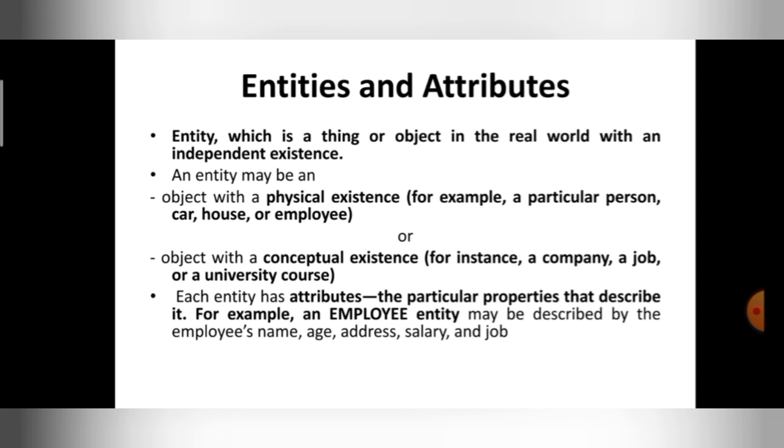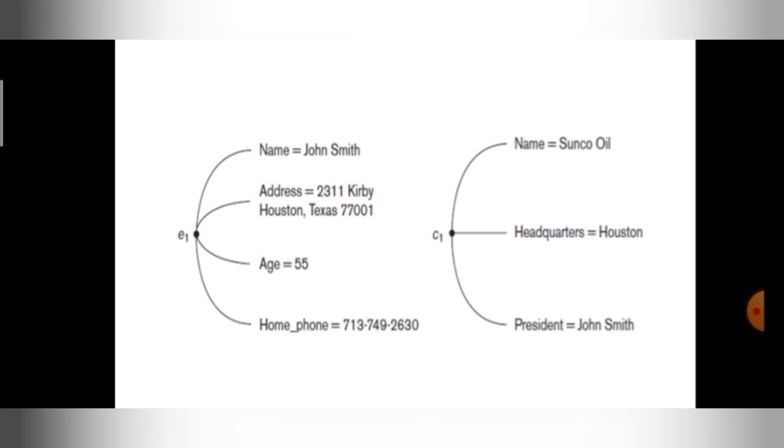And one more important thing, each entity has some attributes. Attributes are nothing but properties that describe the entity. For example, the employee entity can be described by attributes such as employee name, age, address, salary, and job. So attributes are nothing but properties that describe the entities. Hope you are understanding, guys. You can see here